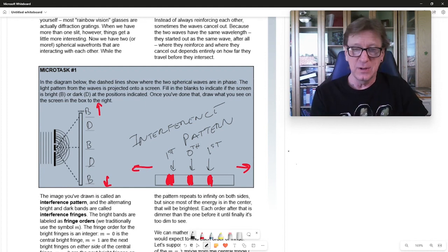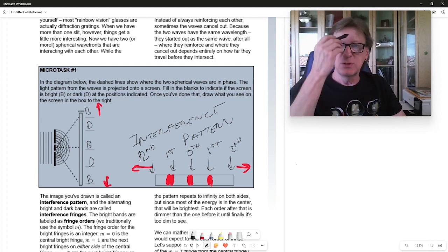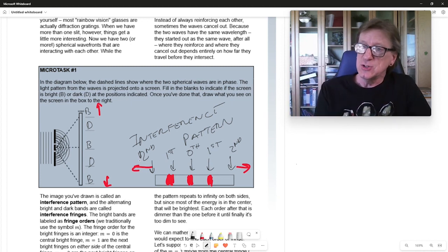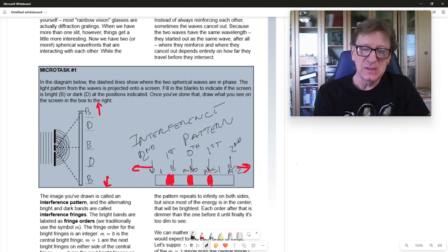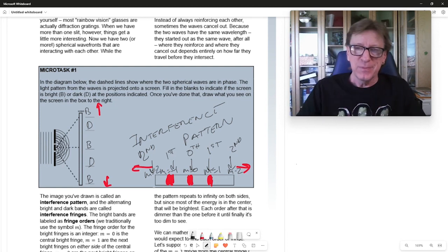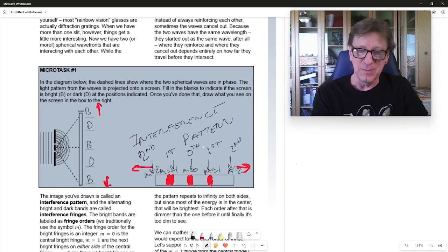If I have another one over here, which may be off my screen, that would be the second order and third order, and so on and so on. And traditionally what we'll use is an integer to indicate that. So we would say that this would be the m equals 0 fringe, this would be m equals 1, m equals 2, and then I might say that this is m equals minus 1, m equals minus 2 if I want to indicate which side I'm on. Realistically, it's the same distance, it just doesn't matter which way you're going. Okay,